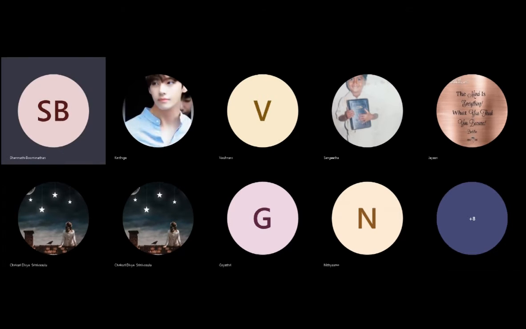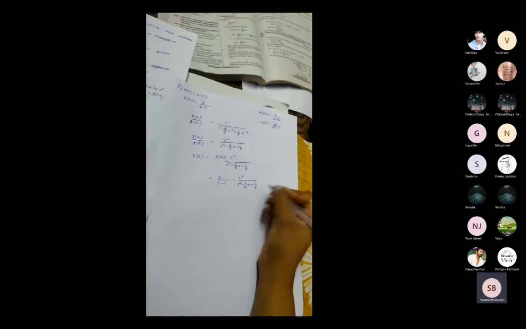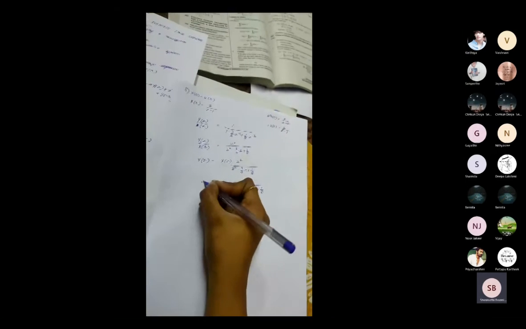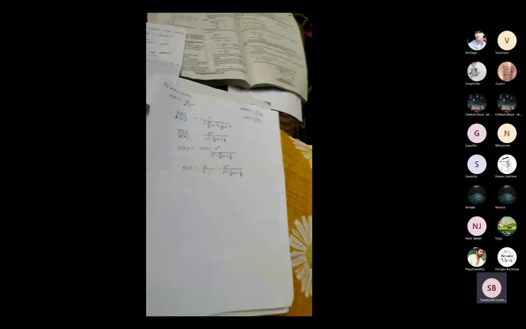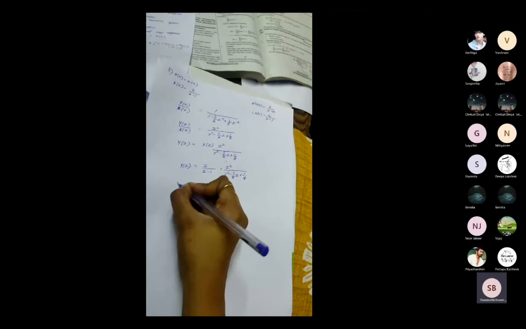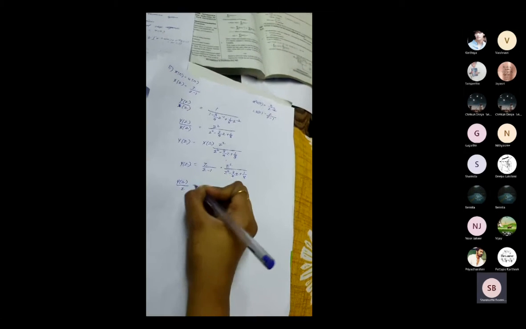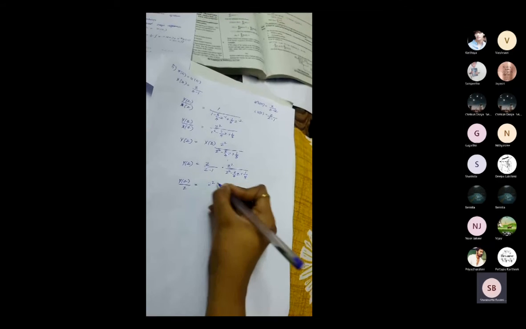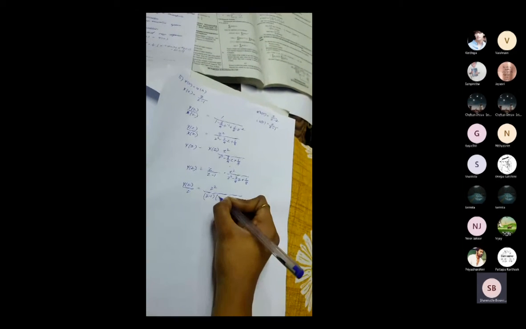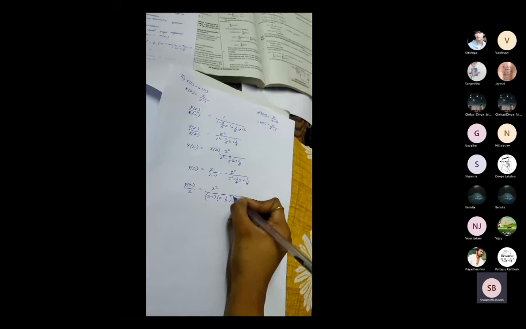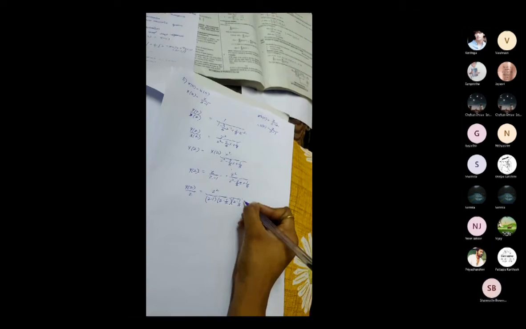So minus 3 by 4 z plus 1 divided by 8. Okay, this will be nothing but your y of z. What is your next step? You should take your z to the opposite side. So y of z divided by z will be equal to z square divided by z minus 1. Then for this you have to find out the root. You know the root: z minus 1 by 2 into z minus 1 by 4.